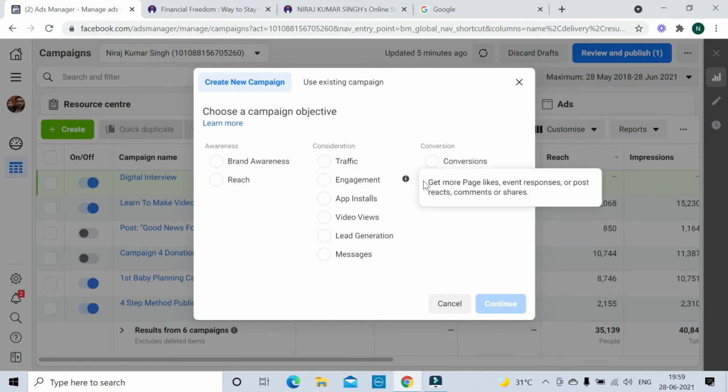Then catalog sales, store traffic. Suppose you have a local business, like you have a biryani center and you want store traffic, you want your business traffic to that particular place, then you can run this campaign.